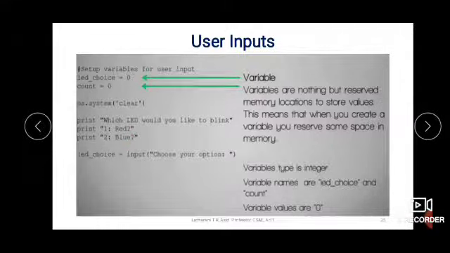So then blink, that LED we will take. A user will enter 1 for making the red LED blink, or the user will enter 2 for making the blue LED blink. After looking at this message, the user will enter some value which will be accepted by the input function. The input function is telling choose your option. That message will be displayed and user input will be accepted, which will in turn be stored in LED choice.